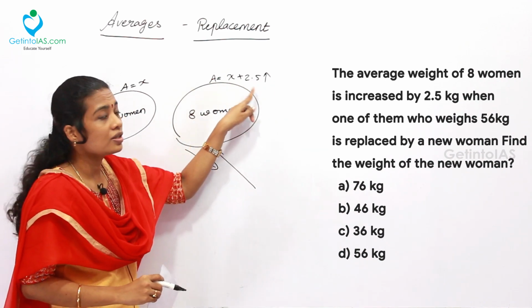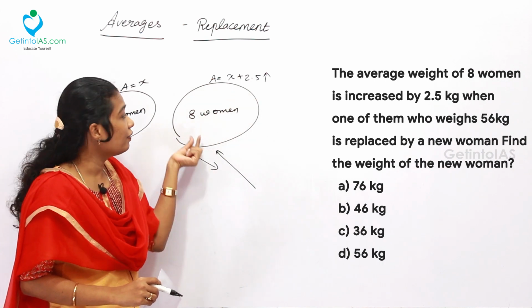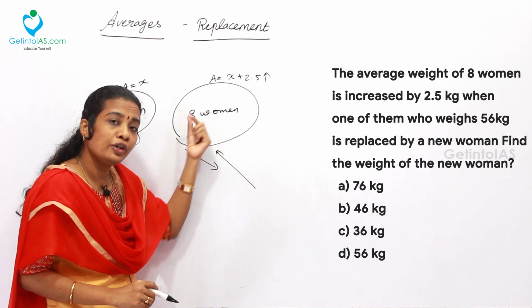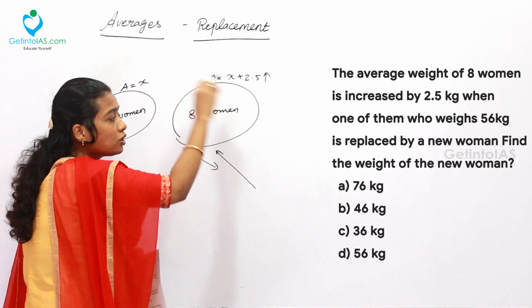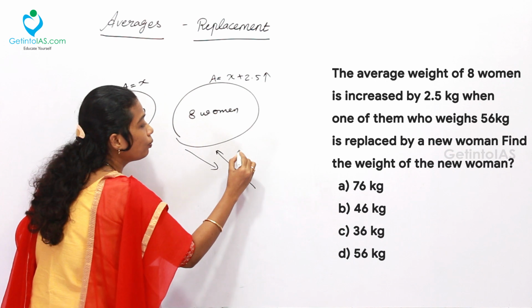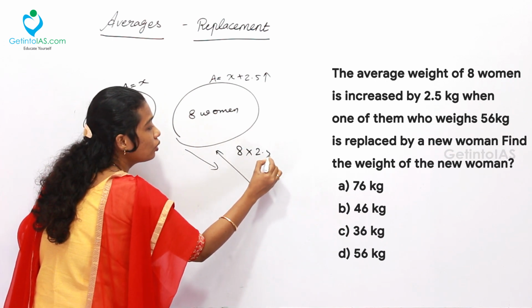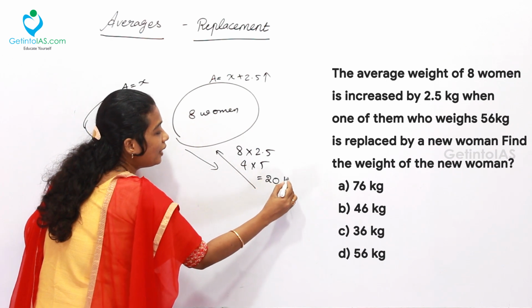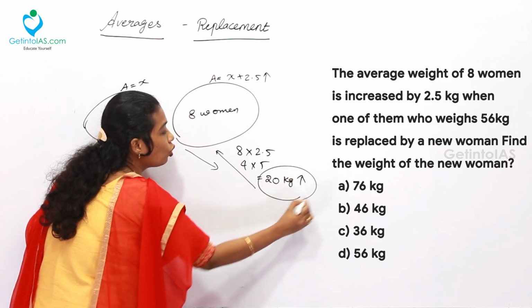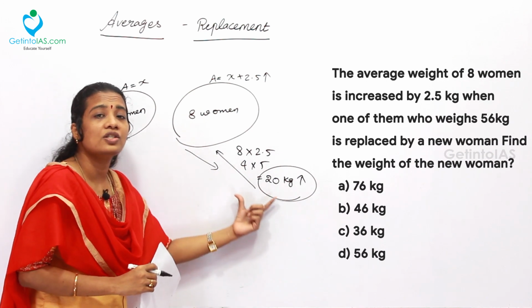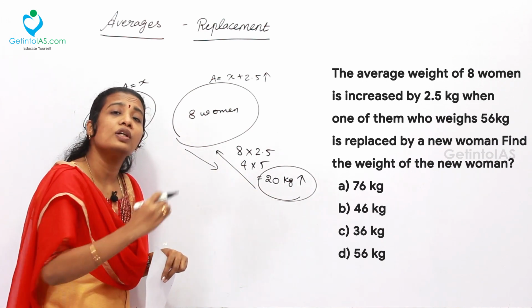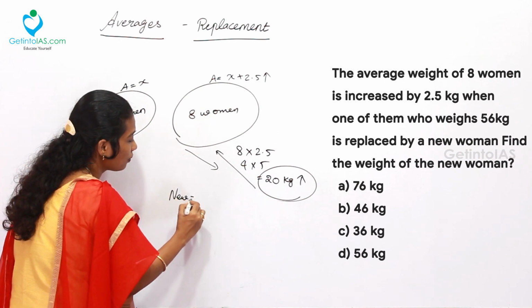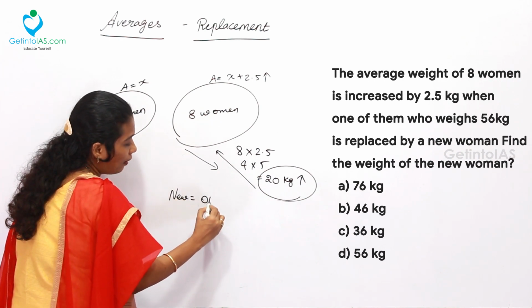So this average increase or decrease will definitely reveal that for all the 8 women, 2.5, 2.5, 2.5 will get increased. So what is the overall increase for the group? 8 into 2.5, simply 4 into 5, which is equal to 20 kg increased overall. In overall, 20 kg increase due to what? The entrance of the new woman. So we can say that the new woman is equal to the old woman plus